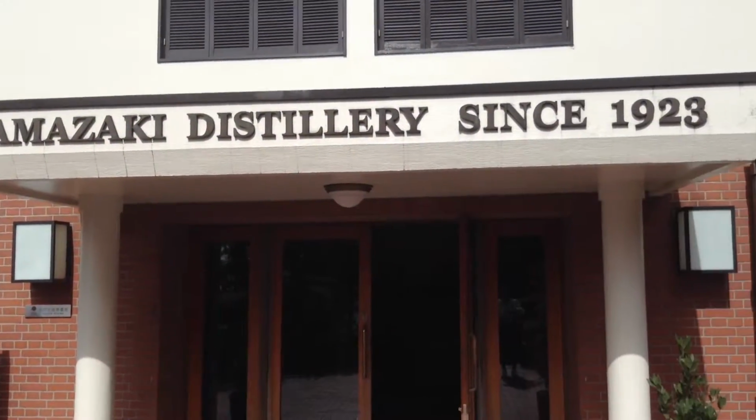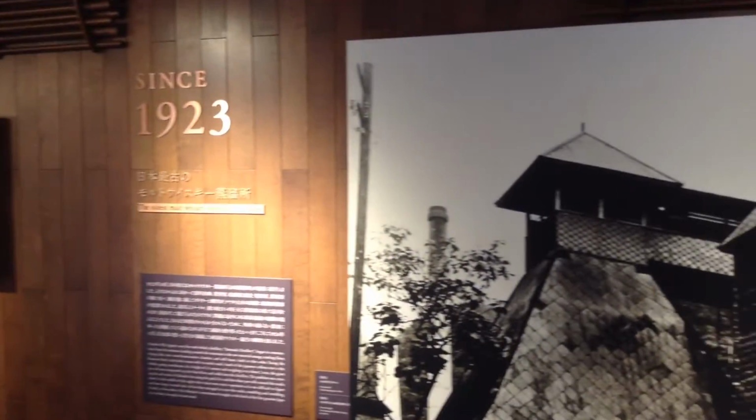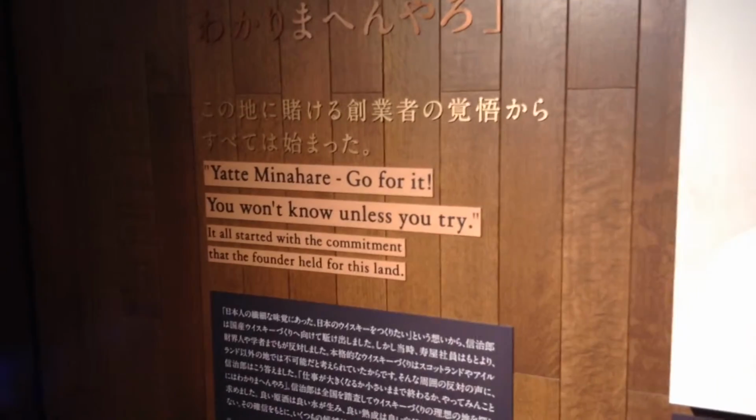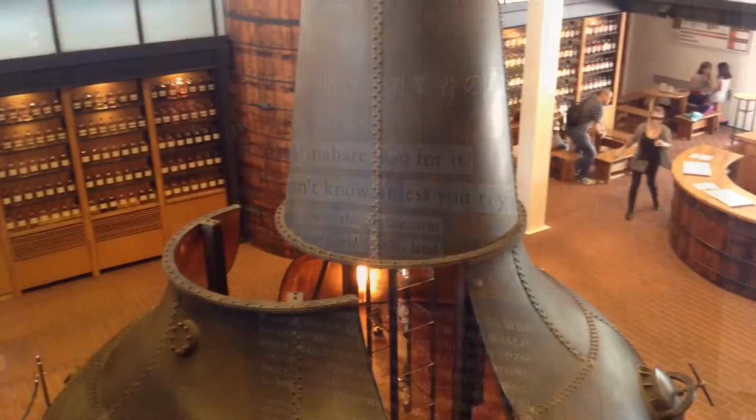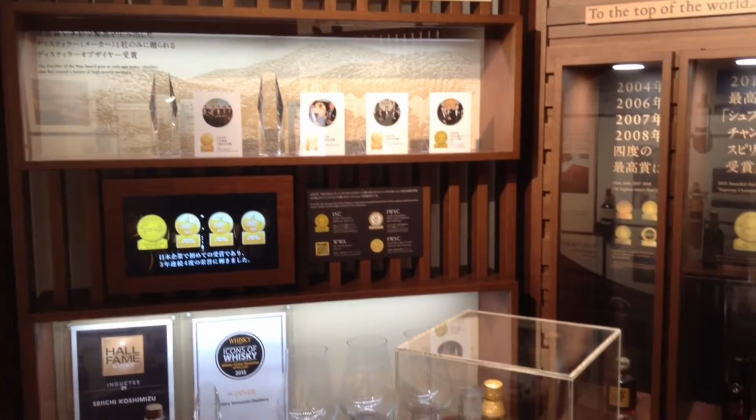In Japanese, you would say oshare, which is kind of like a cool, sleek, modern image, and this distillery really has that. This is the founder, a Mr. Shinjiro Torii, who wanted to create the perfect whiskey that reflects the nature of Japan and the spirit of Japanese